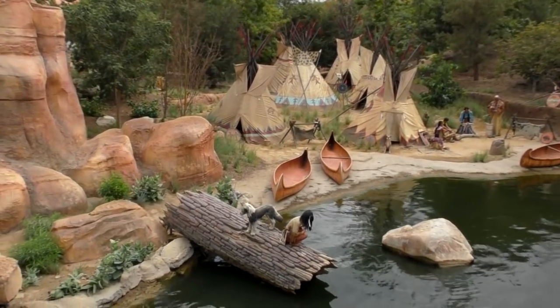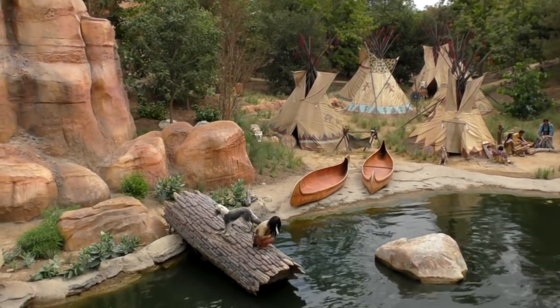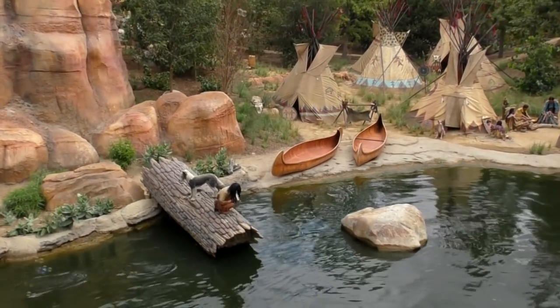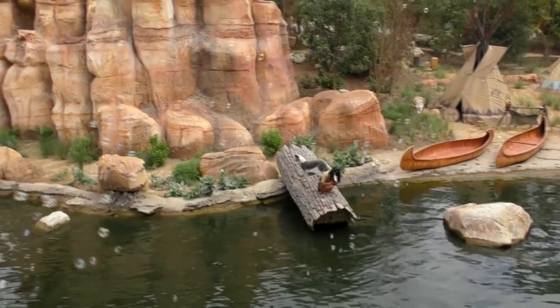I love that dog. There need to be some fish right here, I think. Well, they're right there. Ooh, little bubbles. Yeah, I saw that. And not these bubbles, but...